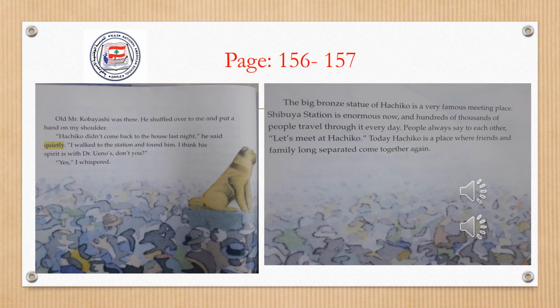Last time we stopped when Hachiko, the loyal dog, was waiting for his master for many years at the Shibuya station, and that owner didn't come back. Dr. Ueno has died, and Hachiko kept on going to the station every day to see Dr. Ueno. And finally, Hachiko died at the station in the same spot next to the newspaper stand. And of course, Kentaro was very sad since Hachiko died.